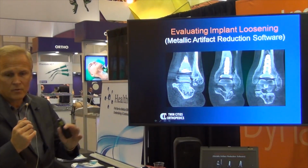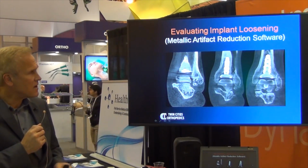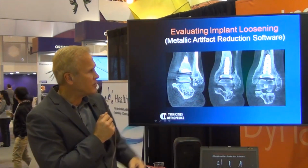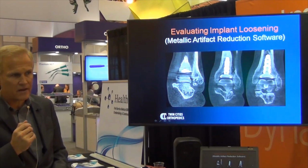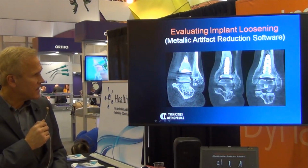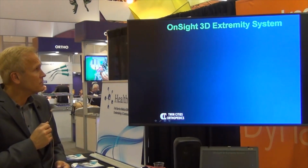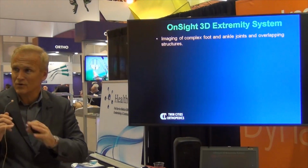And so with the MAR software, it's really a nice view. You can see that there is connection of the bone, and that was actually confirmed by a 3-phase bone scan that there was no uptake on that image. So it's very helpful. So I guess kind of in summary, and I'm certainly going to take some questions if you want to ask that,